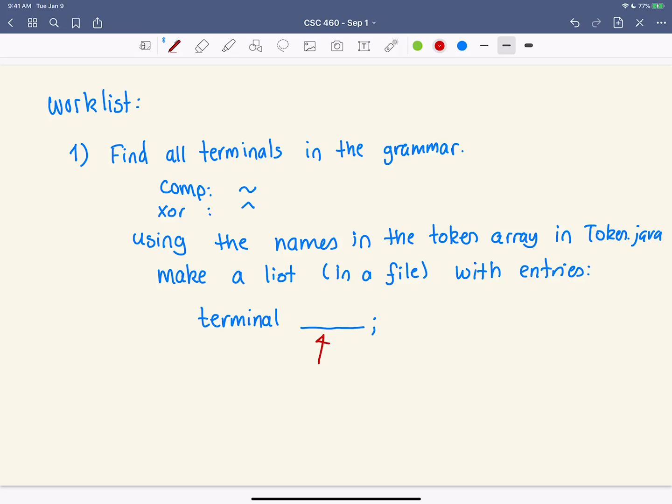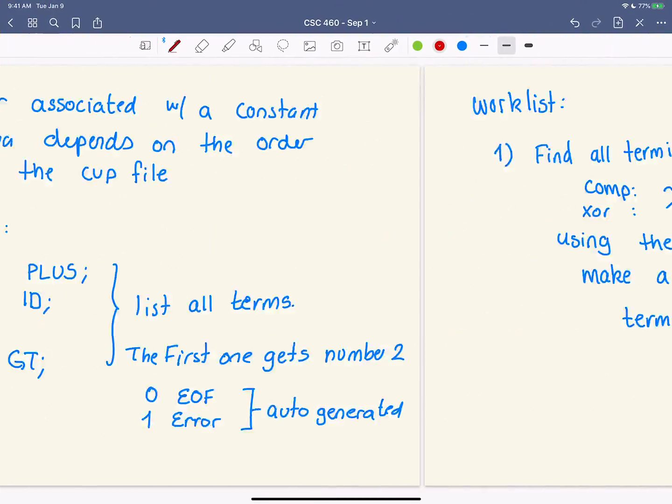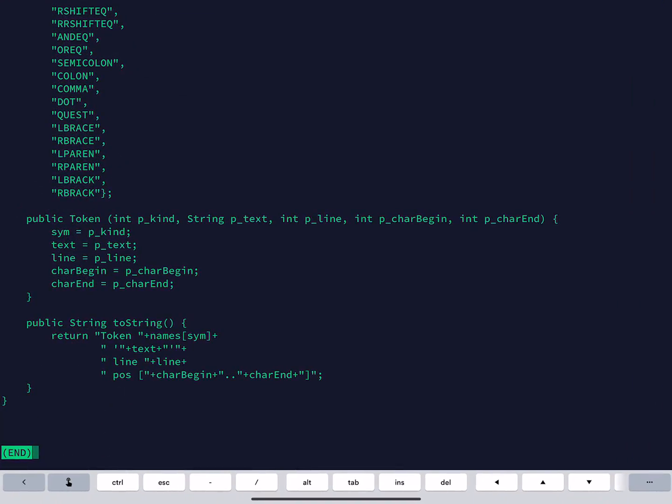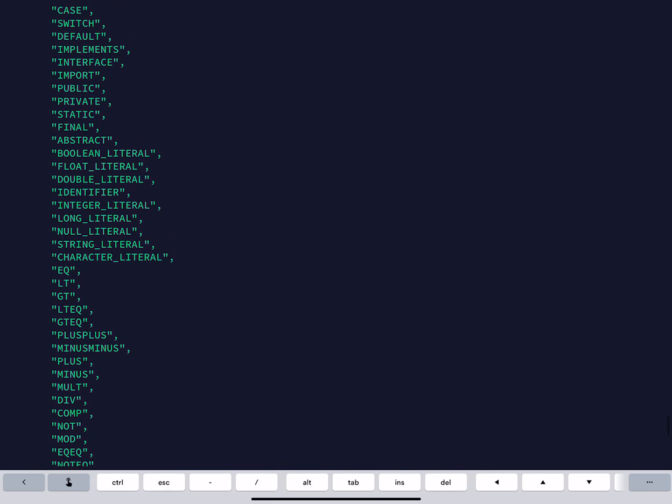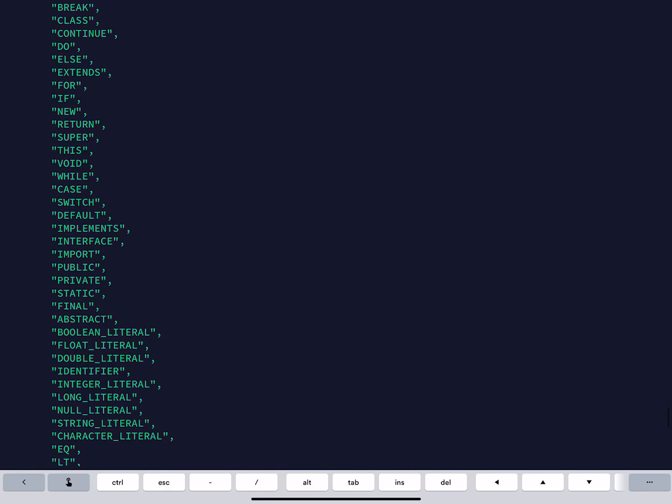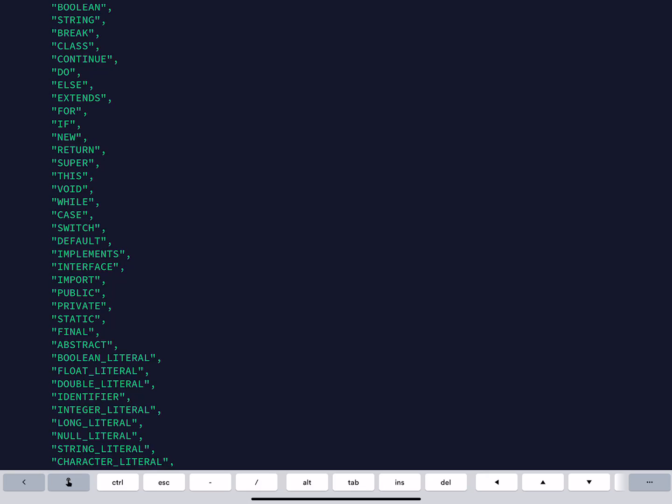And the things that go here are the names that should appear in sim.java. So basically, these are the ones that we have to agree on. And the easiest way to agree on these is just to use the names that appear in these strings, but without the double quotes.